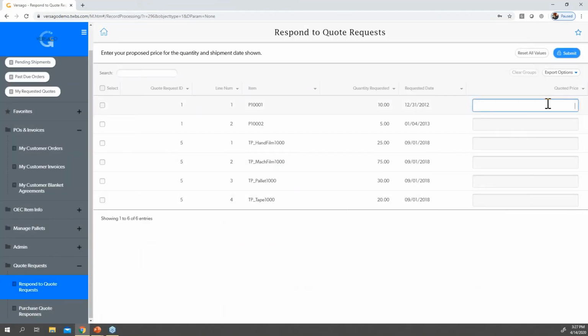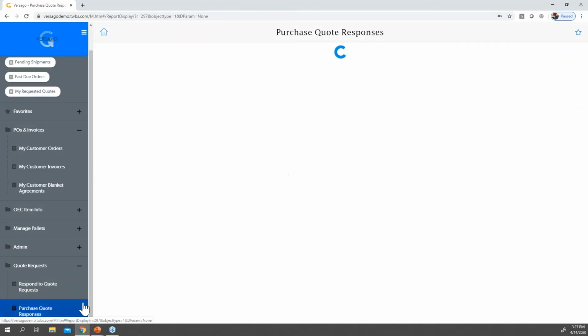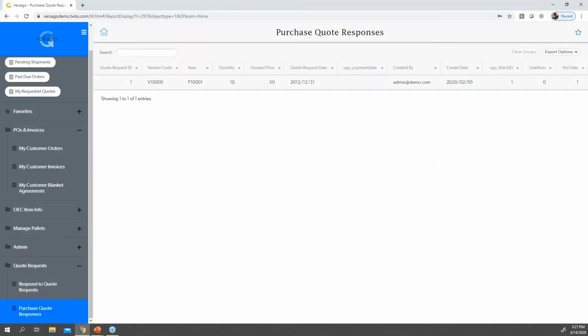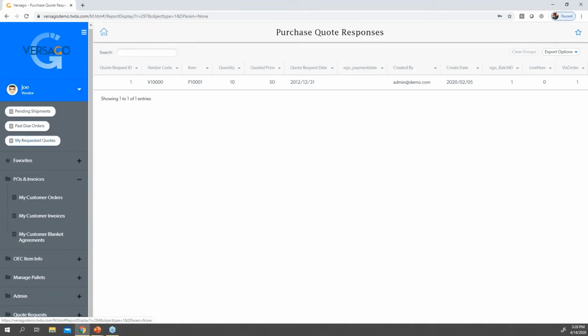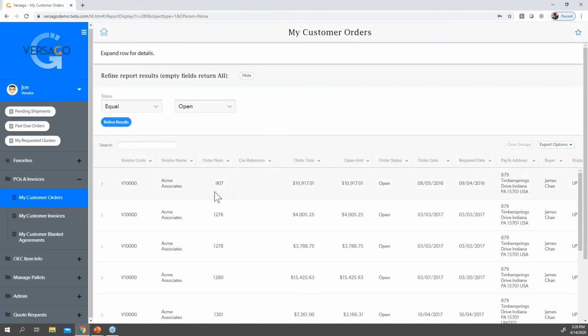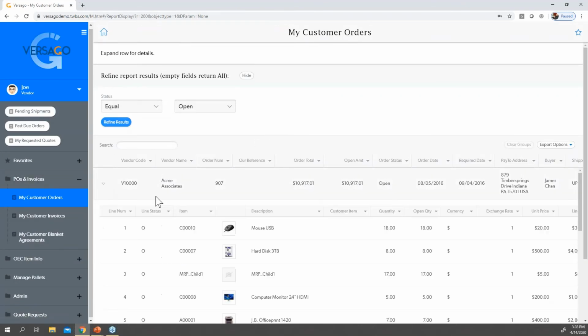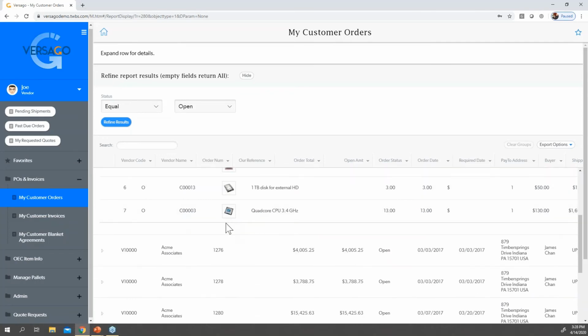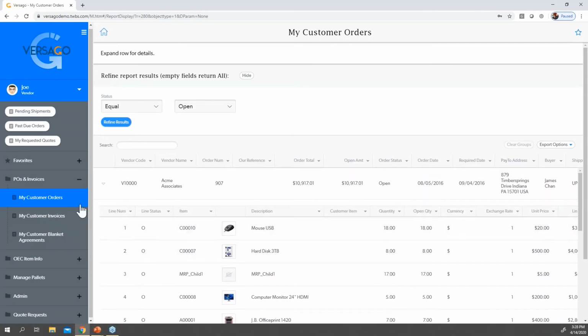This is where we can enter in our pricing. We even have quote responses here, so this will show you whether or not that was actually put into the system. And then the next thing after that is all of the purchase orders are going to come through directly to your vendor here, so they can see the items that we need fulfilled.